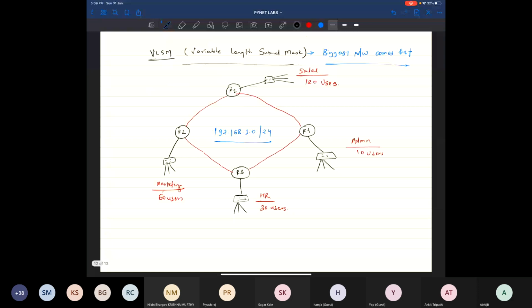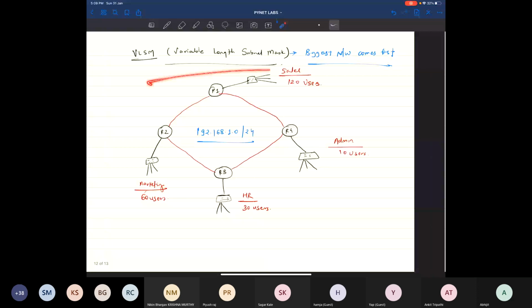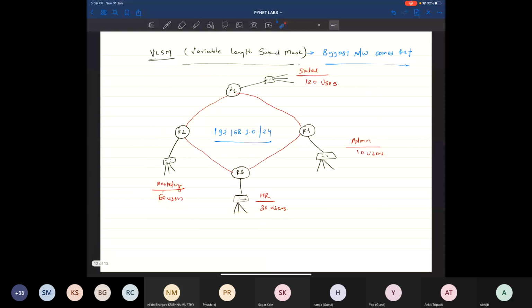Yeah, you can see over here, Nikin, that when you have this VLSM scenario, it means that you need to implement subnetting in a way that the length of the network for every network is going to be different. And that's why, when you consider using subnetting for this particular scenario, we have 120 users that can be connected with this switch. I've just drawn three lines, but you can have around 120 users connected. So for that, we need to use a single subnet, which is /24 by default,